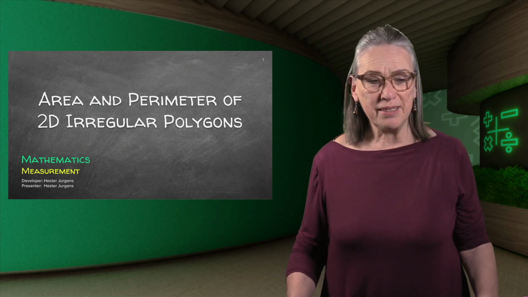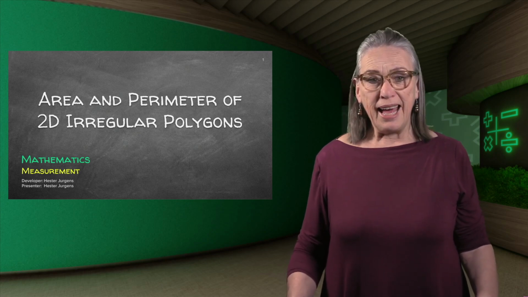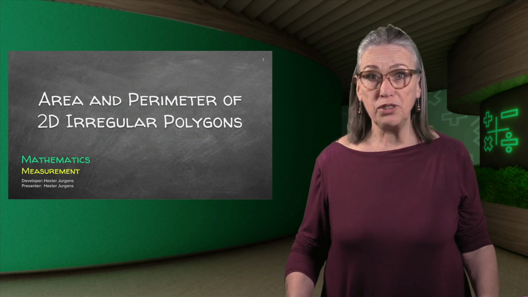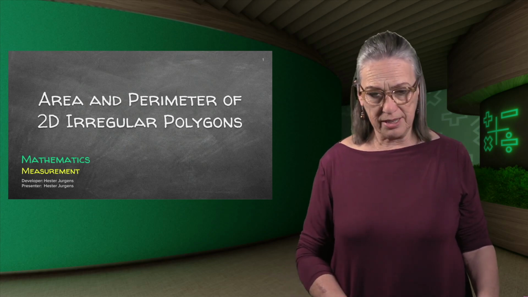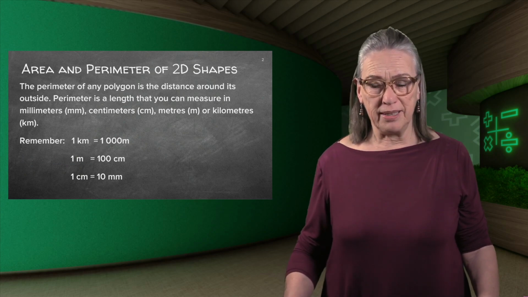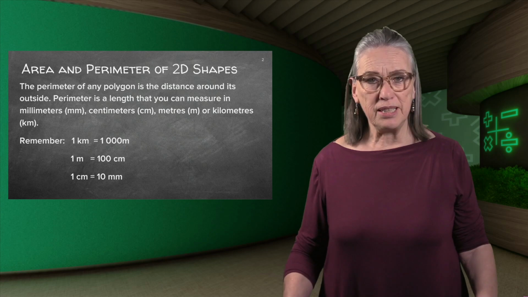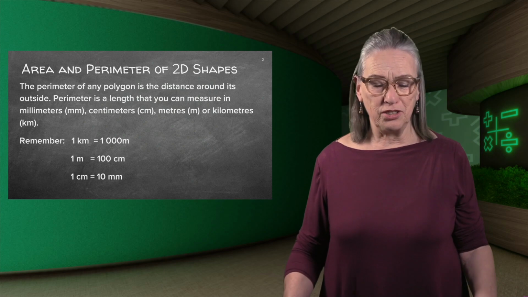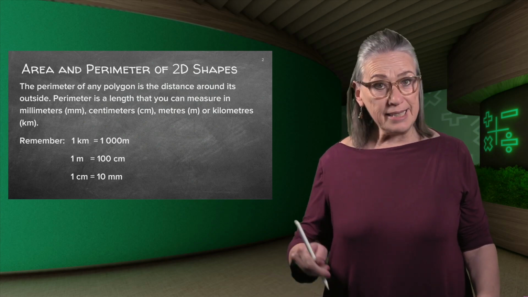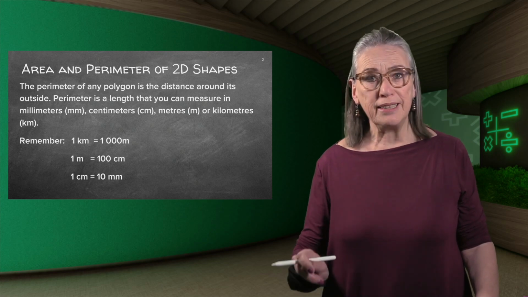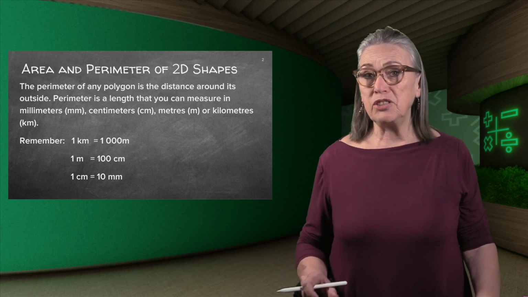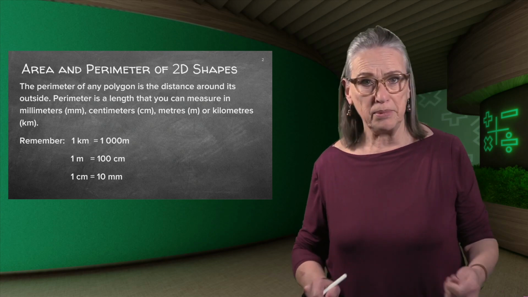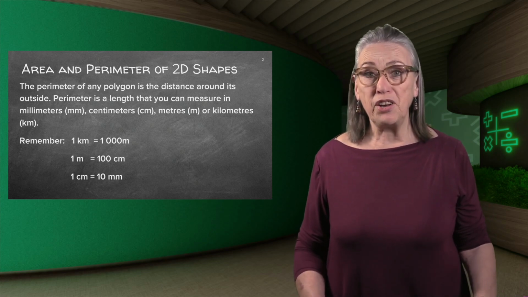So we're still busy with our series on measurement, and today we're going to continue with the area and perimeter of 2D irregular polygons. Now, just a few reminders. This slide you've seen before, but it's always good to get a reminder, right? In this section, it's very important to look at the unit of measurement. That's where your teacher can easily try and catch you out, using centimeters and meters and millimeters and mixing them up. So you must be very aware of this.